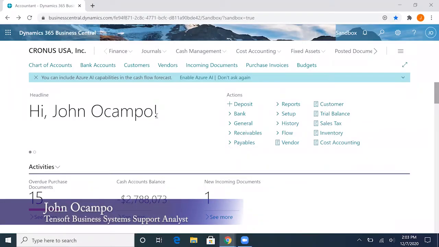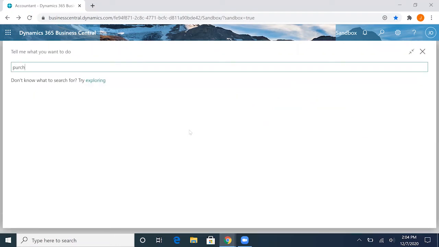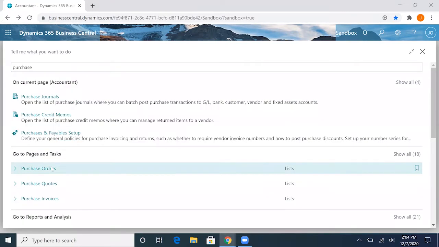For this session, we'll go over how to use the prepayment feature in Business Central. This can apply to purchase orders or sales orders, but for this demo, we will go over a prepayment invoice for a purchase order. So if we begin and we create a brand new purchase order,